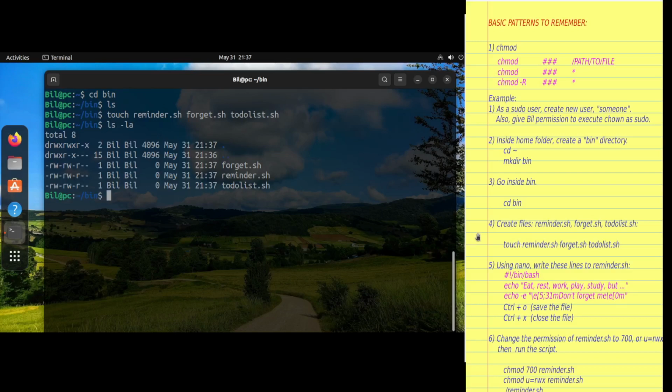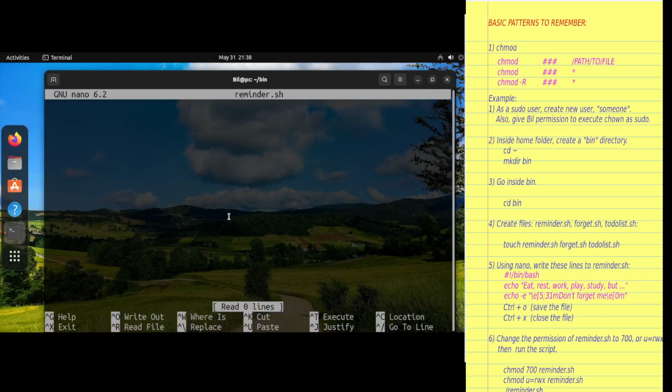Now, let's move on to the 5th step. Let's try to create a simple script. Using nano, let's write these lines to reminder.sh. nano. FYI, this is just a simple script. So, pound, exclamation mark, then bash. Then echo, eat, rest, work, play, study, but